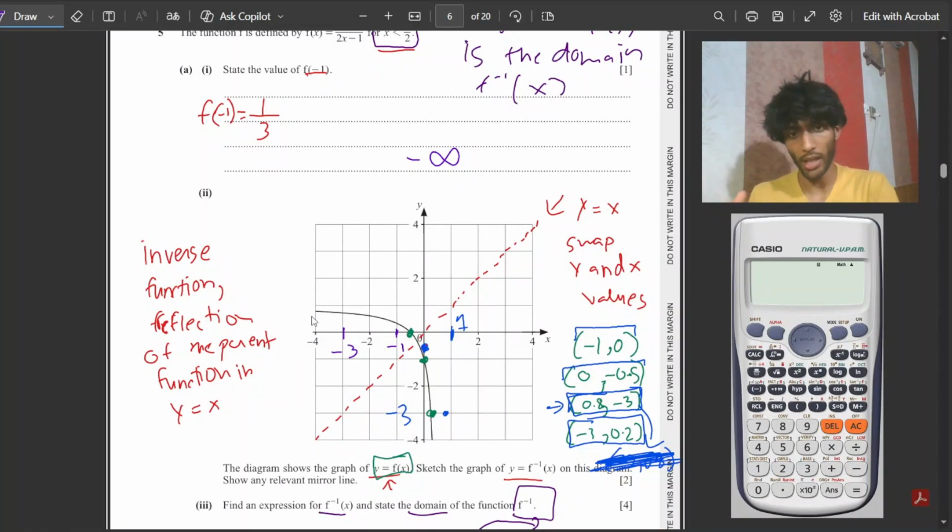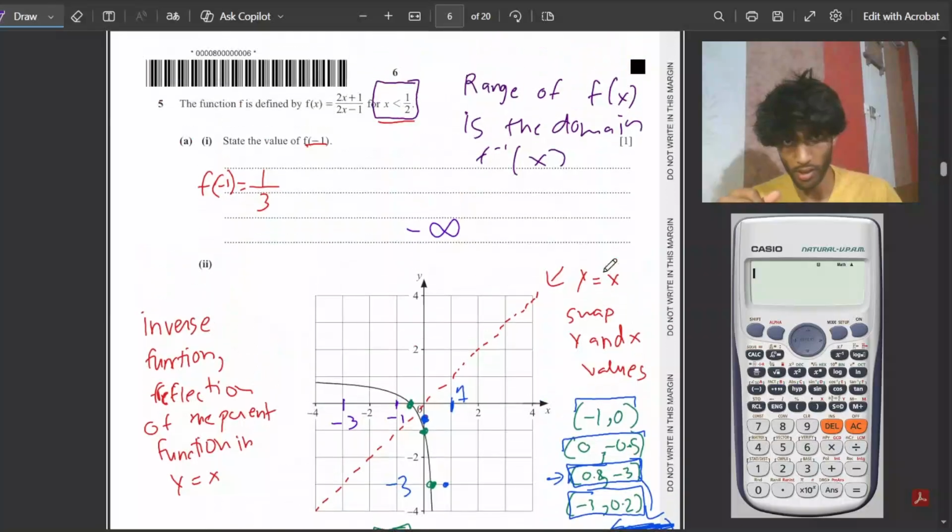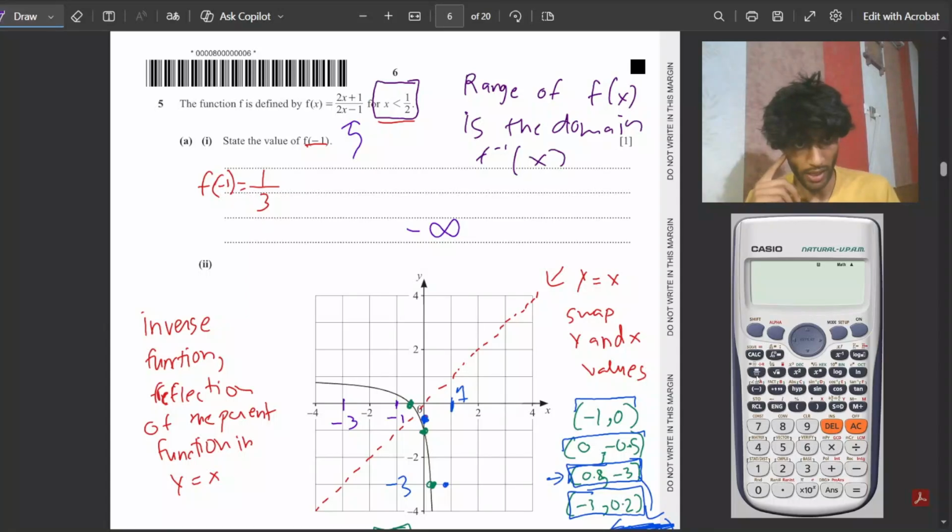If we can pick bigger and bigger values, we can substitute them into this equation and find out the behavior of this function as we put in more and more negative values of x. So if I have the equation (2x + 1)/(2x - 1), we can put in a value of -100 and a value of -100 here. So that gives us